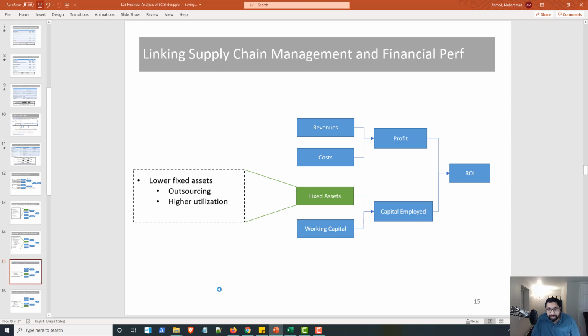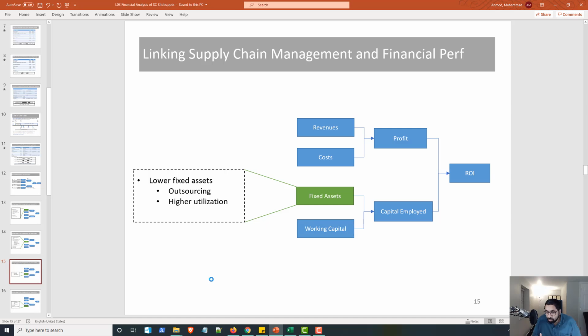Okay. Fixed assets. So how do we increase fixed asset turnover? Higher utilization of assets. If you have a higher utilization, less idle time, you can have a higher fixed assets turnover. And how asset heavy are you? Do you have lots of extra equipment, or are you leaner, and are you outsourcing some of the steps? Outsourcing can actually increase asset utilization for you and the company you outsource to. How is that possible? Isn't outsourcing just passing the assets to the supplier? No, it depends. The supplier may be able to use the equipment for multiple products, some of which you don't sell, and be able to utilize the assets